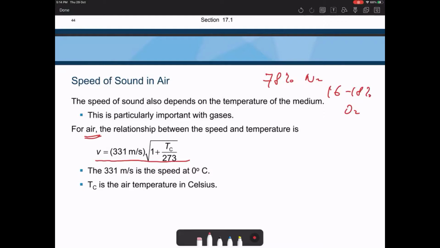And actually, if you have a different type of gas, for example, helium gas, which is much, much lighter than air, the speed of the sound would be changed as well. Typically, lighter gas would have a higher speed of the sound. So here is just a quick mathematical demonstration of how the speed of the sound changes